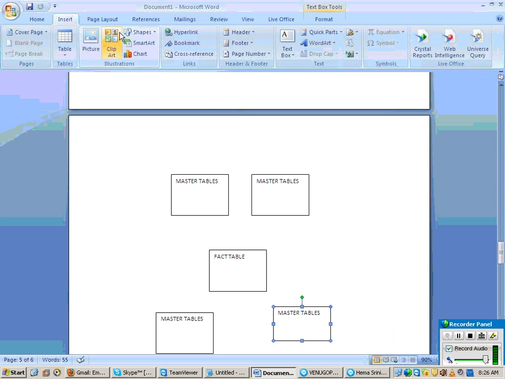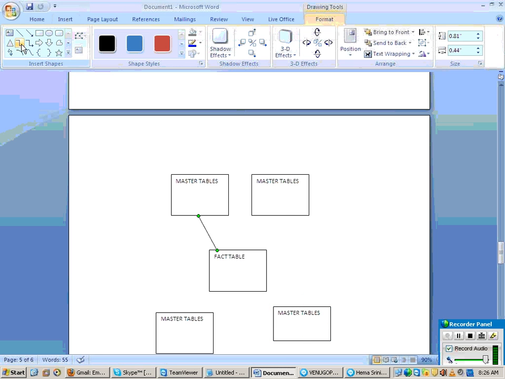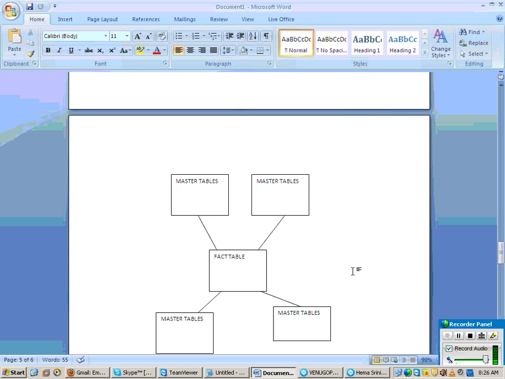So now imagine and these master tables are connected to what? Now how is that now? It's in the form of a star, so that's why it is called star schema type of design. That's why it is called as what? Star schema type of design.